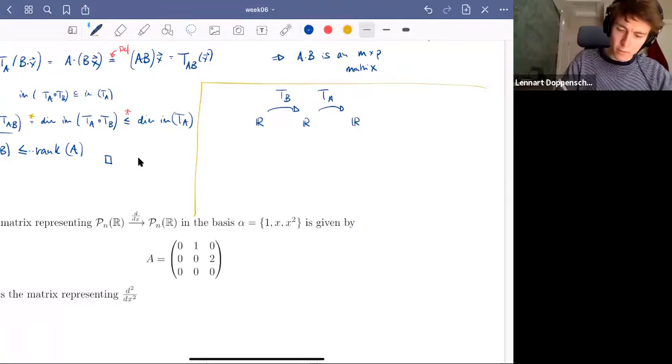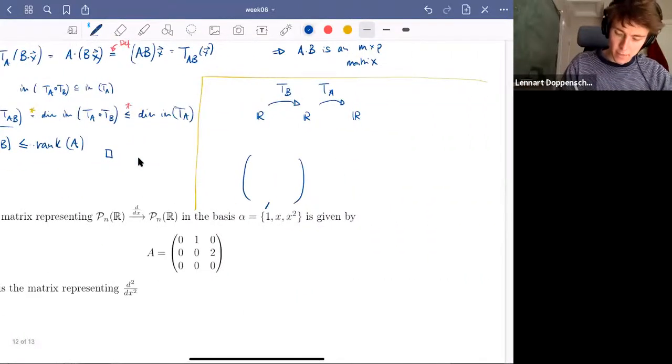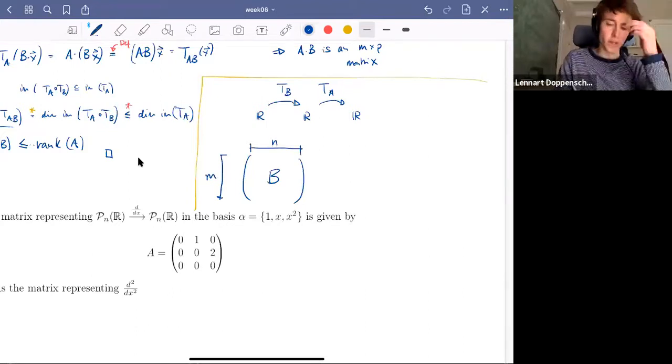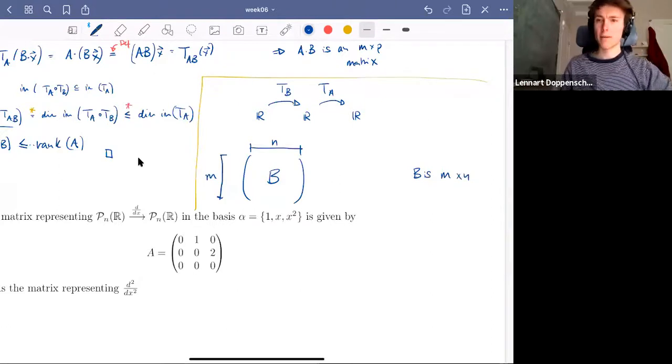So if you have a matrix of a certain size, let's say m cross n. Let's call this B, and let's say this is m cross n. So this is going to be a matrix with m rows and n columns. Then the way that you can apply this to a vector